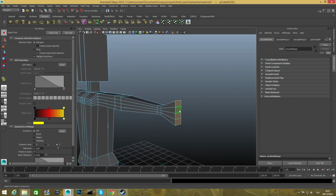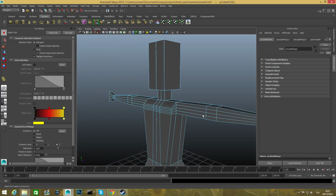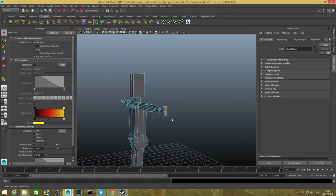So now what I'm going to do is extrude those 4 faces because I want to make them the 4 fingers. Don't worry about the 5th finger, we will deal with it later, but right now I want to make 4 fingers out of these 4 faces. So I'm going to click extrude. By the way, we can do the same here, grab those 4 faces at the same time,